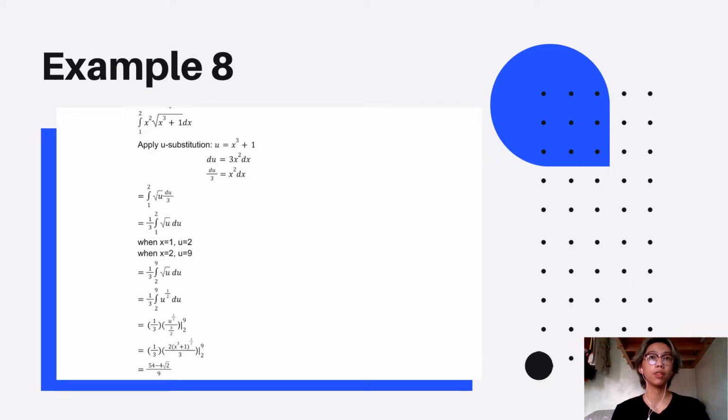After applying the rule of exponents, we can replace the square root of u with u raised to 1/2. After applying the power rule, we're going to get 1/3 times u raised to 3/2 over 3/2 evaluated from 2 to 9. After substituting back x³ + 1 with u, we get 1/3 times 2 times (x³ + 1) raised to 3/2 over 3 evaluated from 2 to 9. After evaluating it from 2 to 9, we get the final answer, which becomes 54 minus 4 square root of 2 over